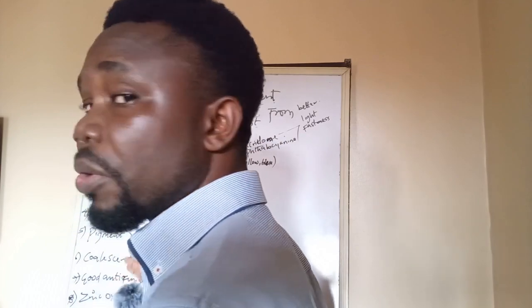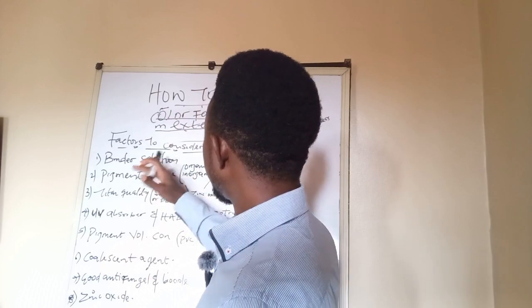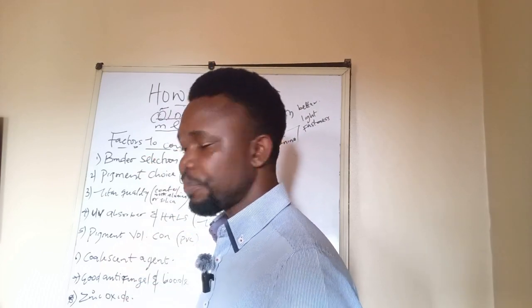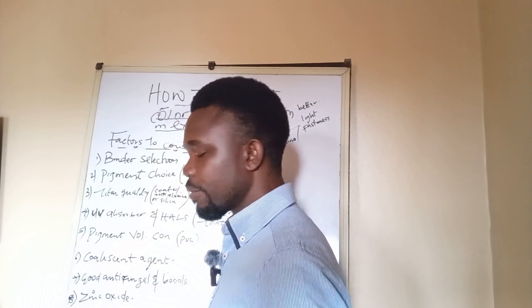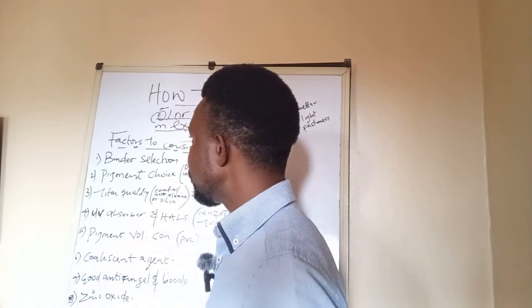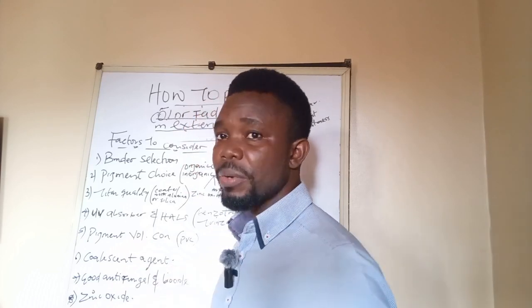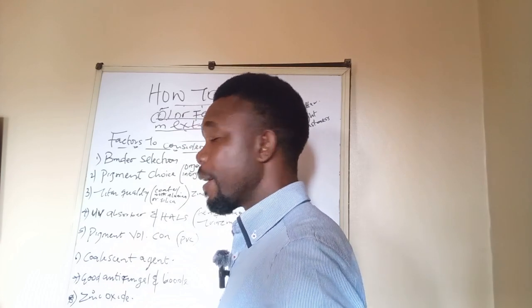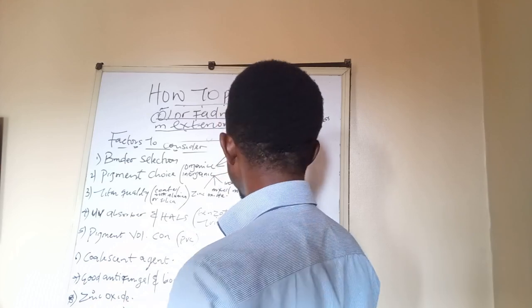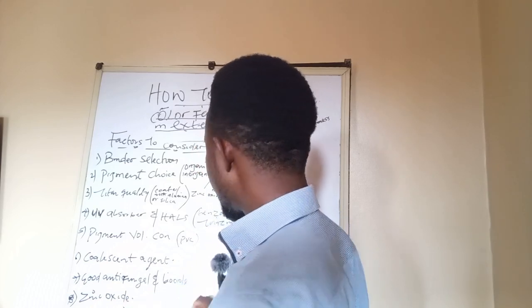So I've listed some of the factors that we need to consider in this class in order for us to prevent or to slow down the activity of UV ray. When we put all of these things into consideration when formulating our paint, it can help slow down the activity of UV ray. Just like I explained, UV ray is